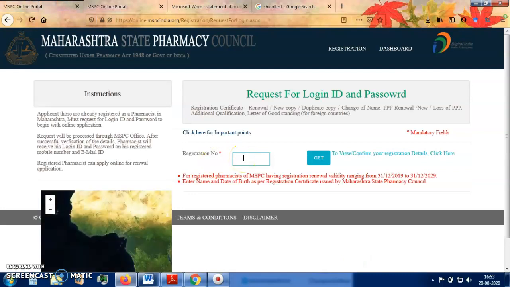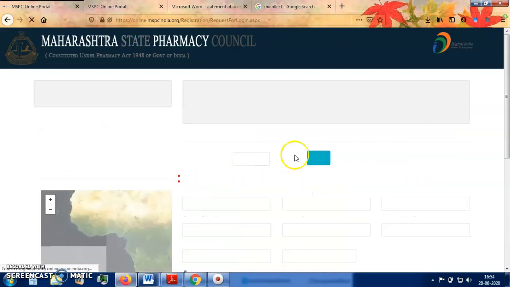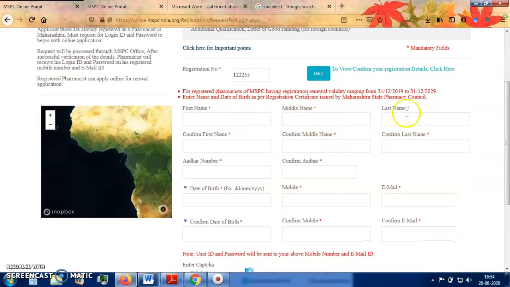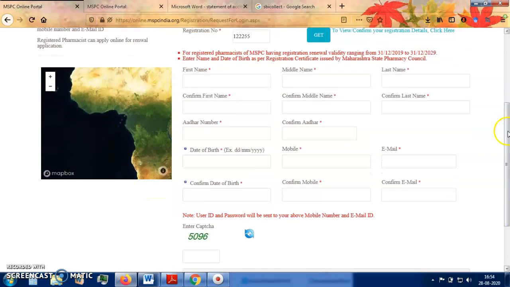When we click on the other processes, we will have to add a registration number here. After adding this registration number, we have to press the get button. Now we will be redirected to a new page. So for example, if I am adding here like this, I will click on get. Now we have to enter our details. After adding these details, you will get an OTP on your mobile number.